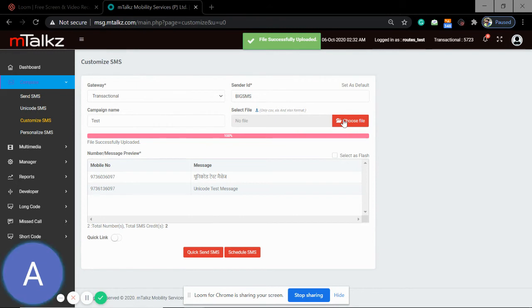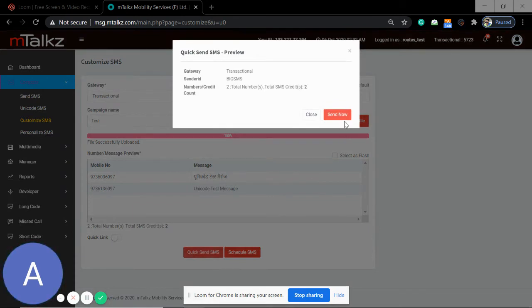Once you select the file, you will get a preview of the entire file, showing that this mobile number will receive this message and this mobile number will receive this message. Whenever you click send SMS, the SMSs will be triggered according to your sheet. That is a very interesting feature.